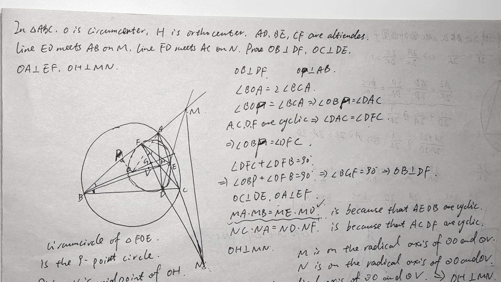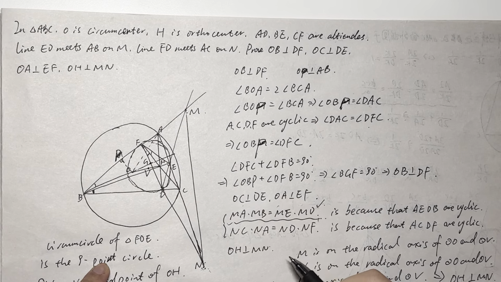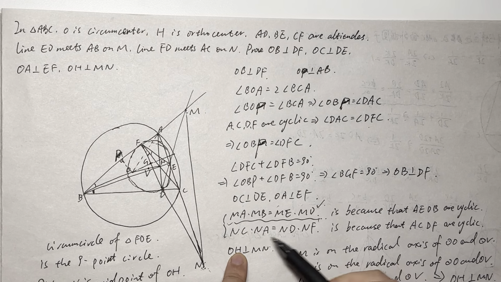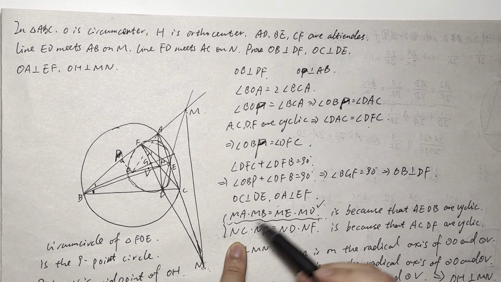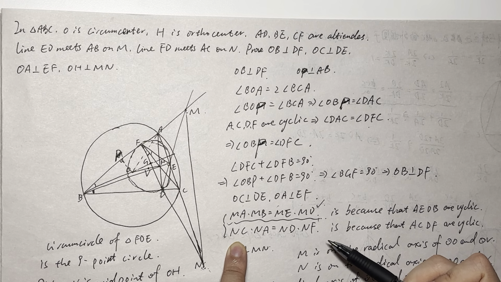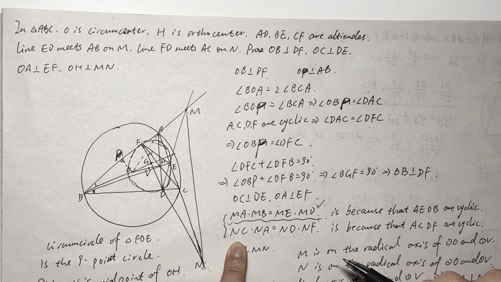But for OH perpendicular with MN, we need to check out how we get M and N, right? And based on that, we can have the equations here. And these equations actually give us a hint that we can use the radical axis to do the